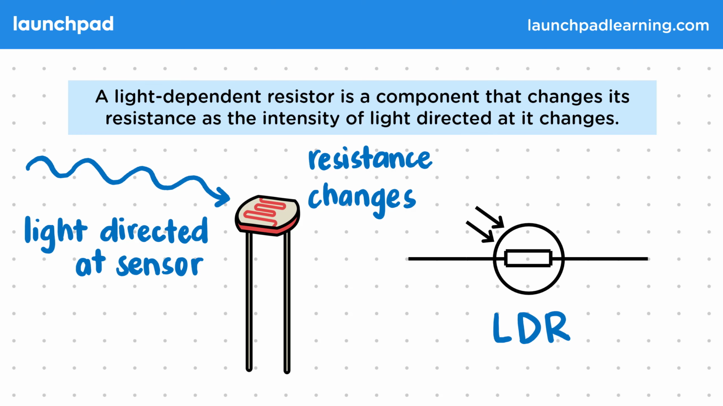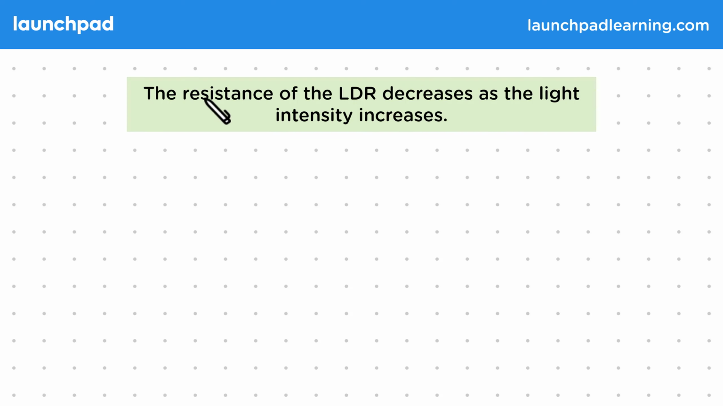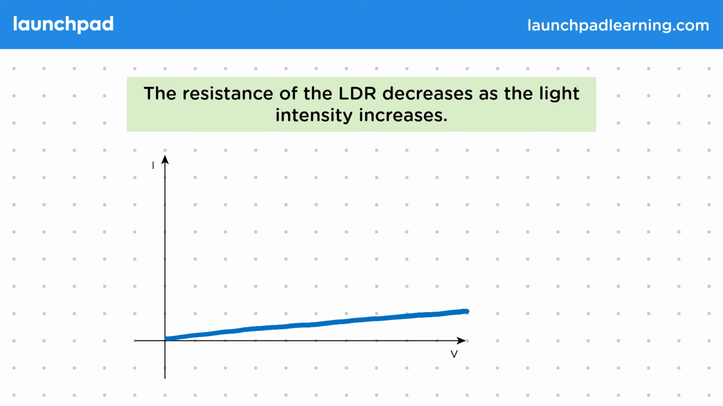So how does the resistance of the LDR change? Well, the resistance of the LDR decreases as the light intensity increases. Let's see how this would work on an IV graph. Remember that we plot the potential difference across the LDR on the horizontal axis against the current through it on the vertical axis. First, we can plot this line for when the LDR is in dim conditions and there's not